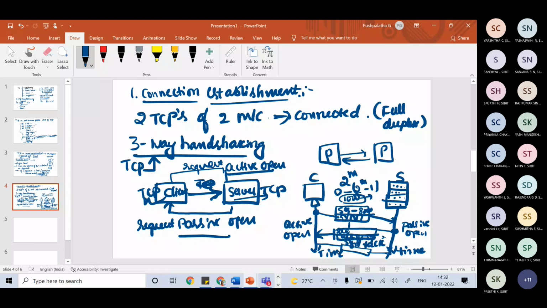So if it is carrying data, it takes up the respective sequence number. But if the acknowledgement is not carrying any data, we cannot say that it consumes a sequence number. Only acknowledgement, no consumption of the sequence number. But if it is carrying some data, it consumes the sequence number. Again, an additional 1 byte will be consumed.